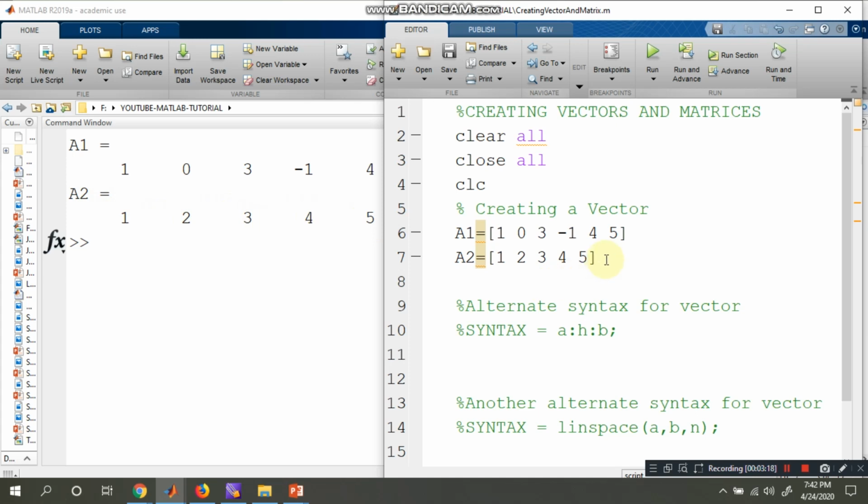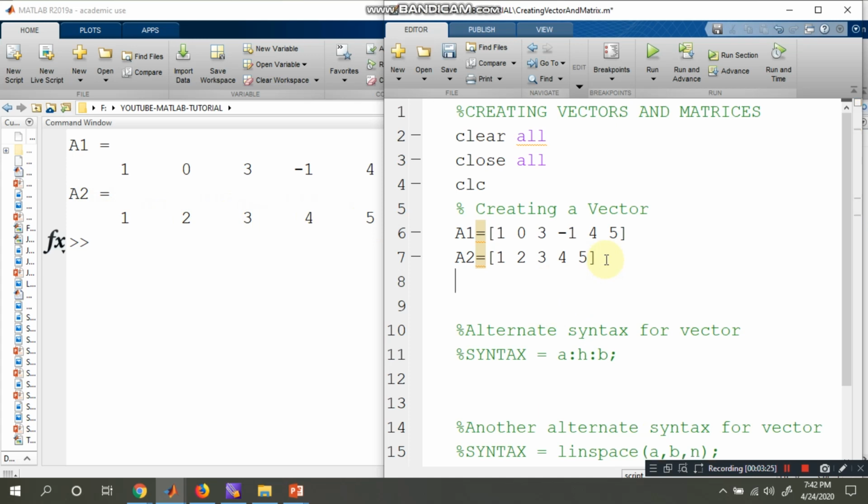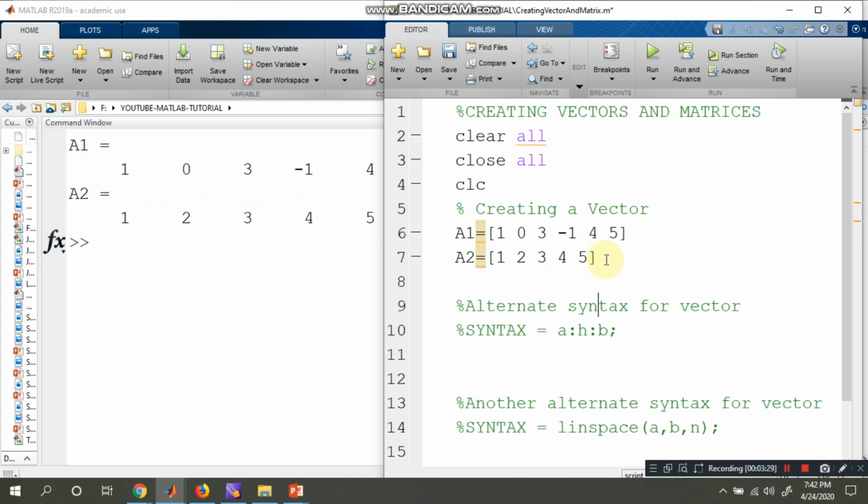You observe the second vector here, each entry is increased by one step. To get the same thing, we use another syntax: a colon h colon b, where h is the increment and b is the end point. Here the starting point is 1, the ending point is 5, and the increment is 1.